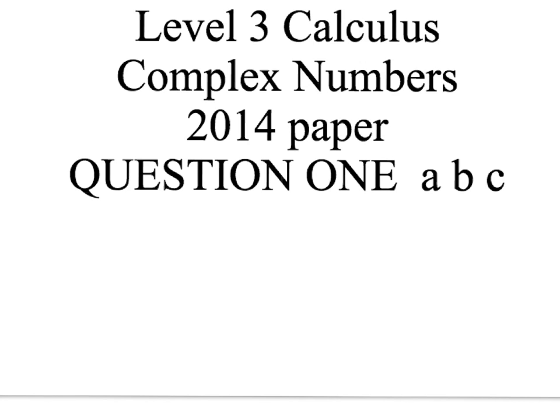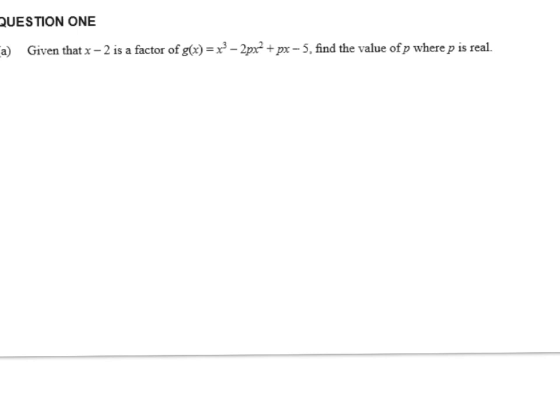This is the first part of the 2014 complex numbers paper, so 3 easy questions from question 1 first. Alright, given that x minus 2 is a factor of this polynomial, find the value of p where p is